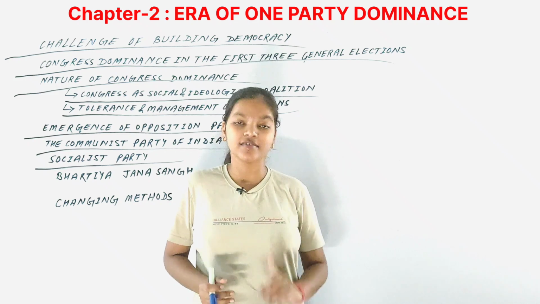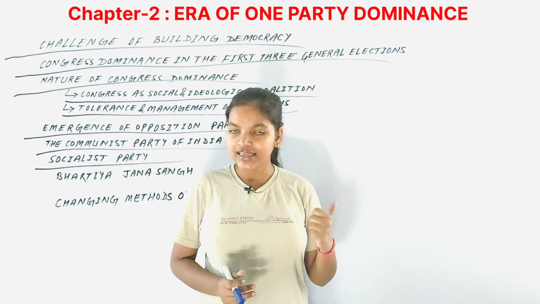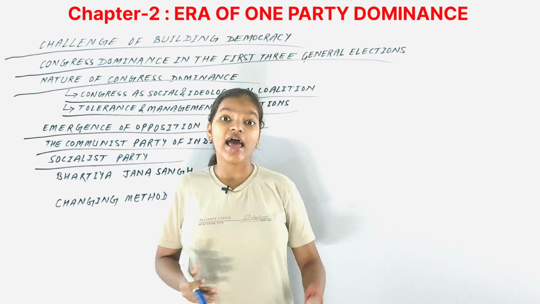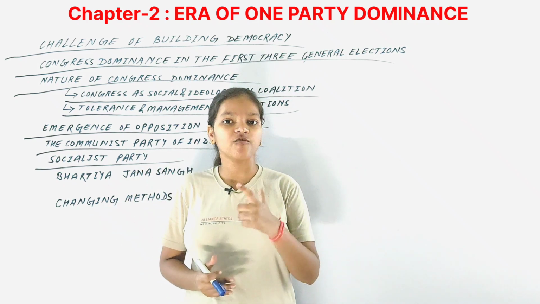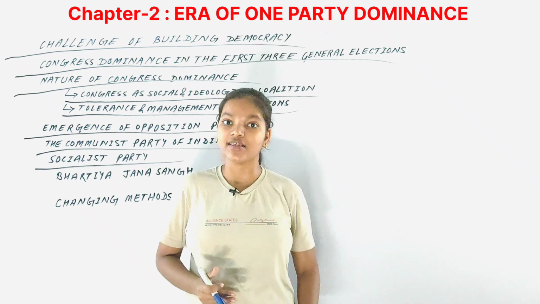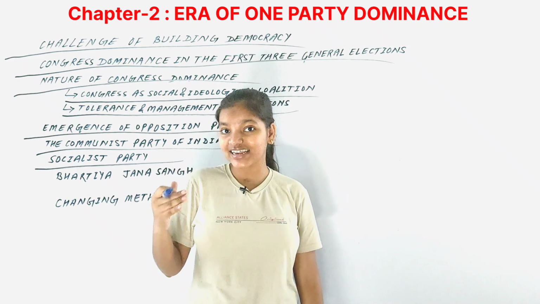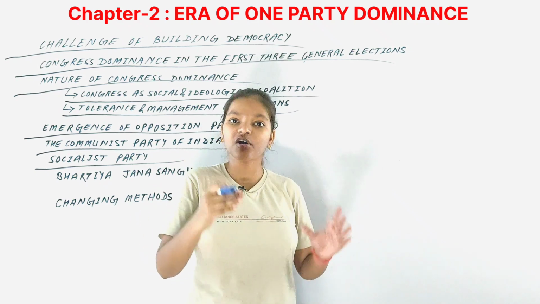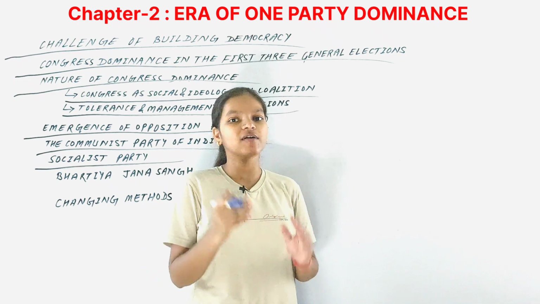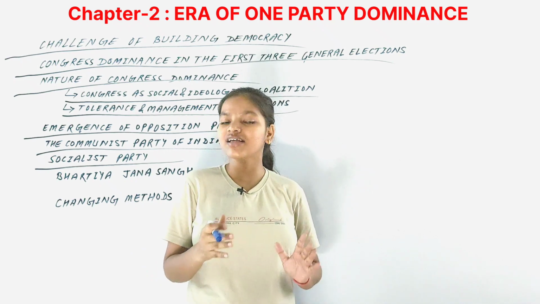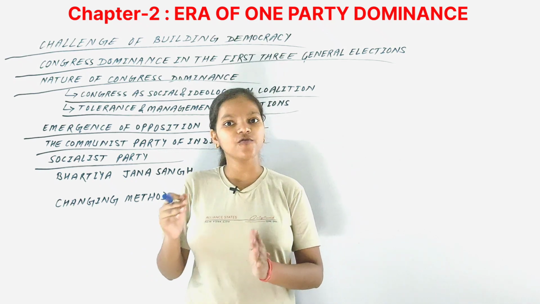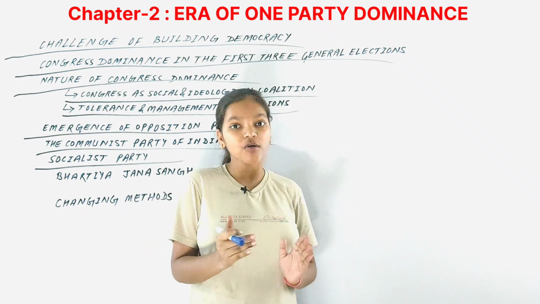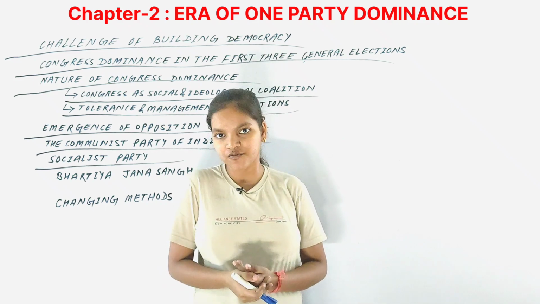In 1948 the Congress Party amended its constitution and rejected the idea of dual membership of parties, and that's why the socialist leaders had to form another party, the Socialist Party, because they could not be a member of both the Socialist Party and the Congress Party. So the Socialist Party was formed from the Congress Party in 1948.